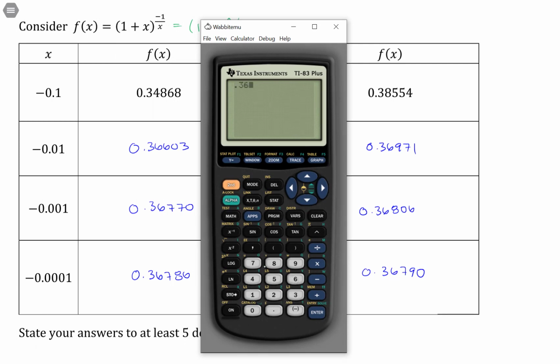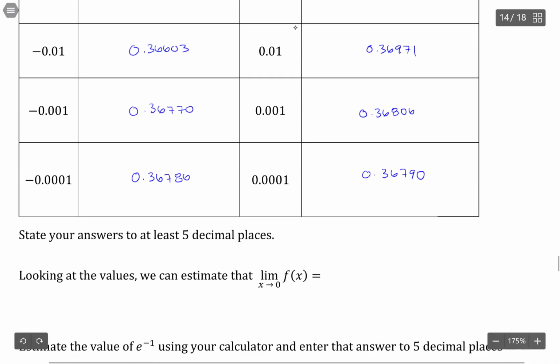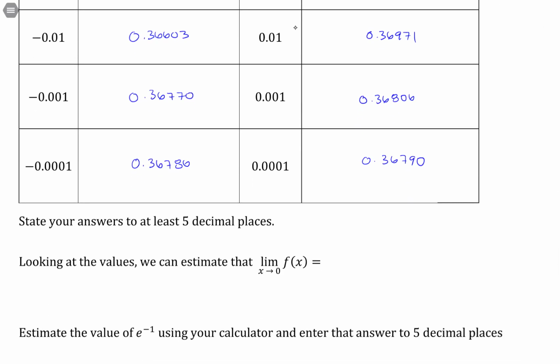So we could take 0.36786 plus 0.36790, divide those by 2, and just say that they're approaching 0.36788, because they're probably approaching a middle value, so that probably makes sense. So the limit as x approaches 0 is going to be